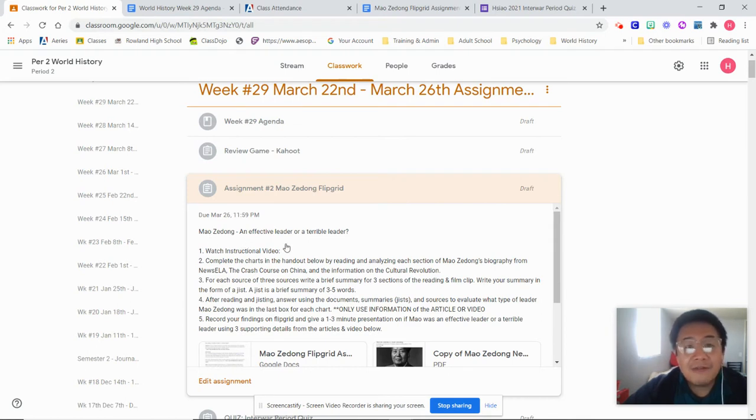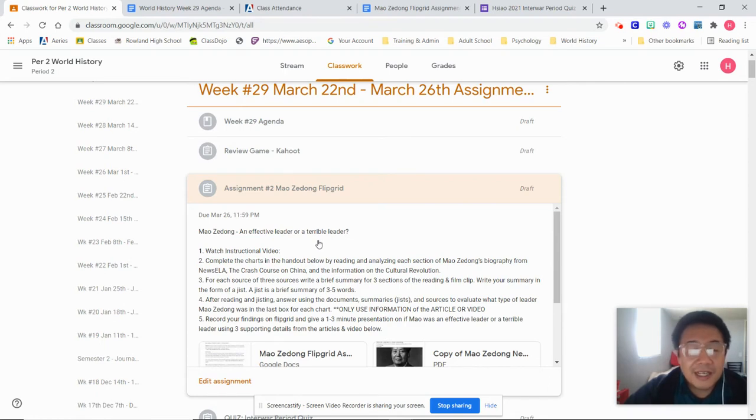When I say effective, I mean: did he accomplish his task? Was he successful in bringing the government together, or in being able to run some of these items effectively? Or was he not very effective, or just not very good at organizing the government or getting certain things working in a certain way? So think about what an effective leader means. Shouldn't be a terrible leader, but this is definitely not